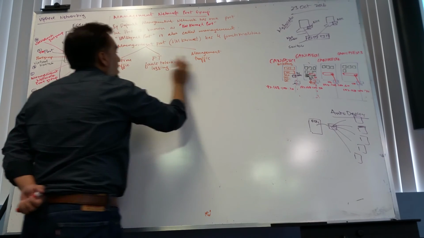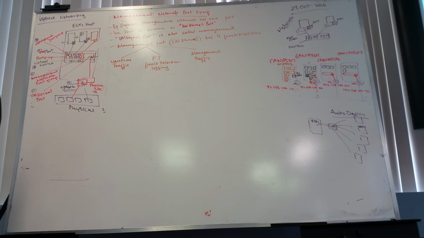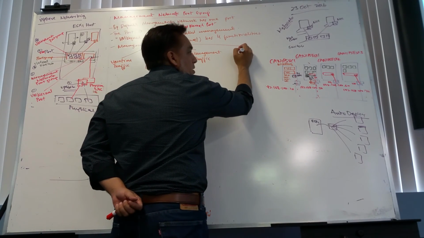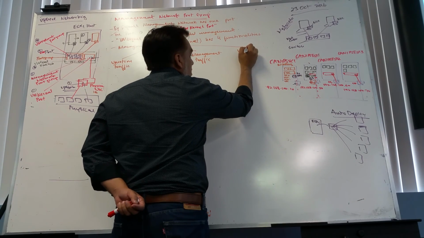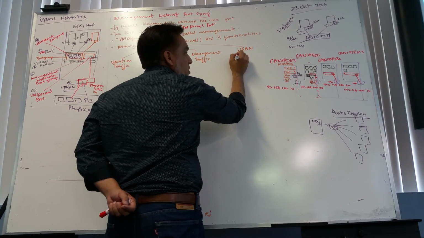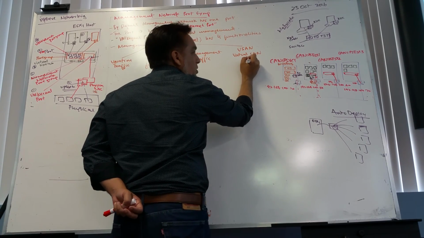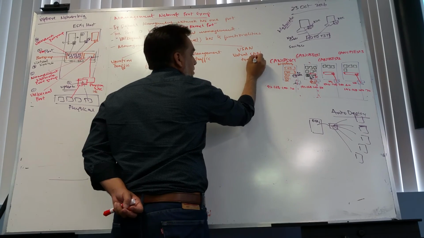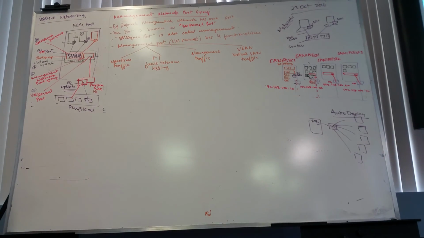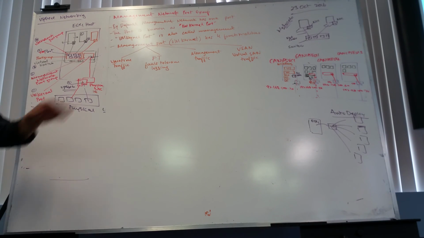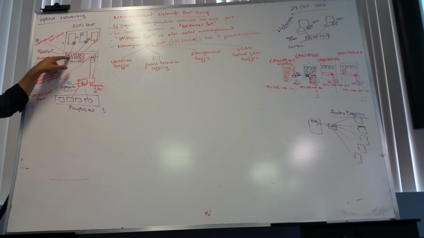What is FT? FT is fault tolerance logging. And the fourth one is vSAN or virtual SAN traffic, sometimes called vSAN as well. So the management port can pass through 4 types of traffic. Now these 4 types of traffic cannot pass through just VM ports. So VM ports cannot do this. This is a property of